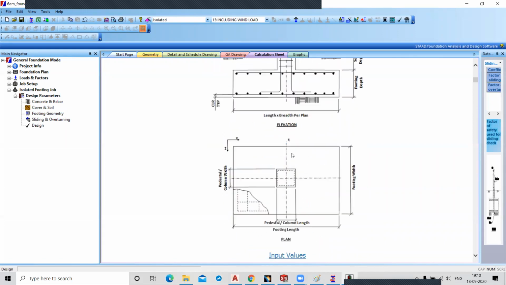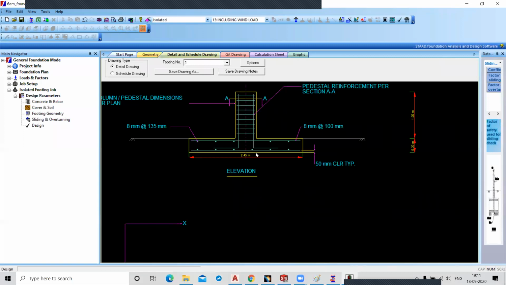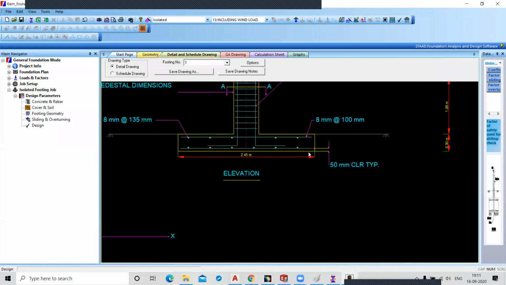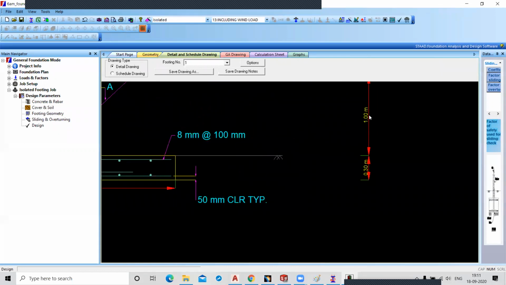Okay, dear. Yes, sir. Now see the detailed and the scheduled drawing. So this is the detailed drawing of your foundation, the elevation, total length. This is the cover. This is thickness. This is the rebar type. This is your another rebar type, and this is your pedestal. See, 1 meter height.